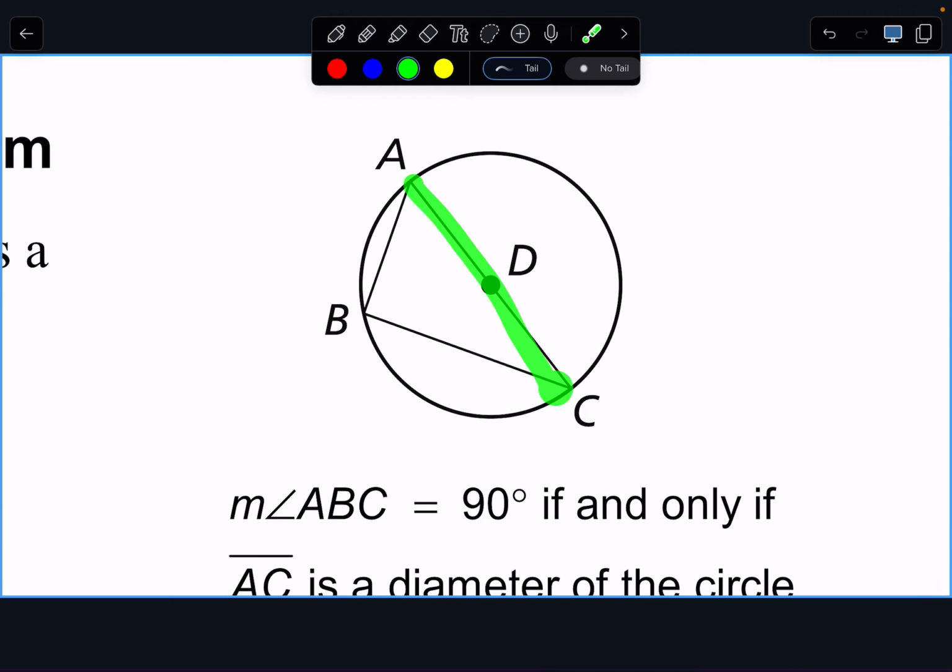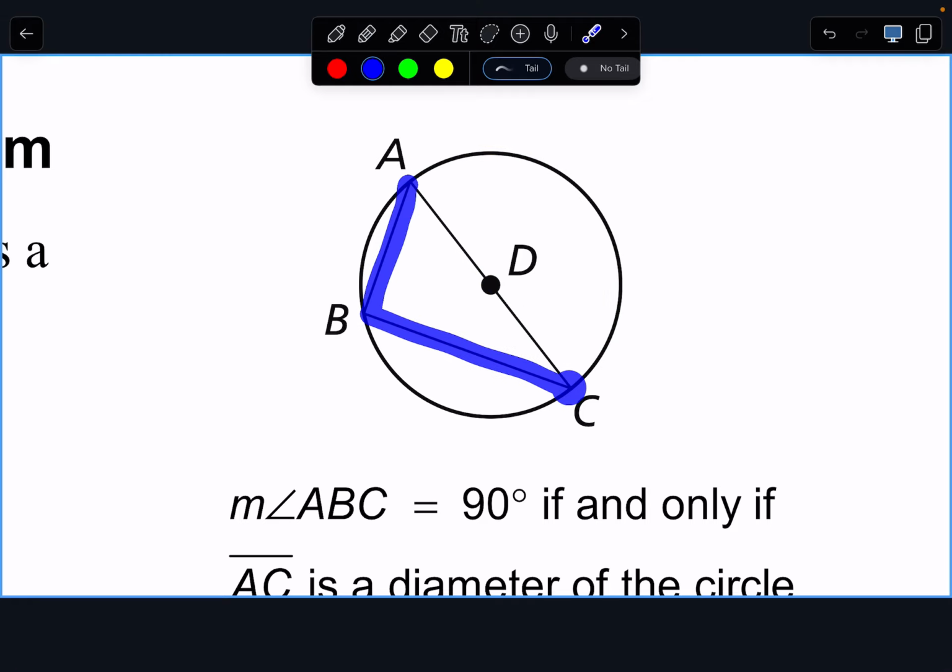Okay, what is AC? A segment, chord. It is a chord, but more specifically, it is a diameter. If AC is a diameter, what is this arc? 180. That is 180. So we have a diameter, which means this is a semicircle, which means